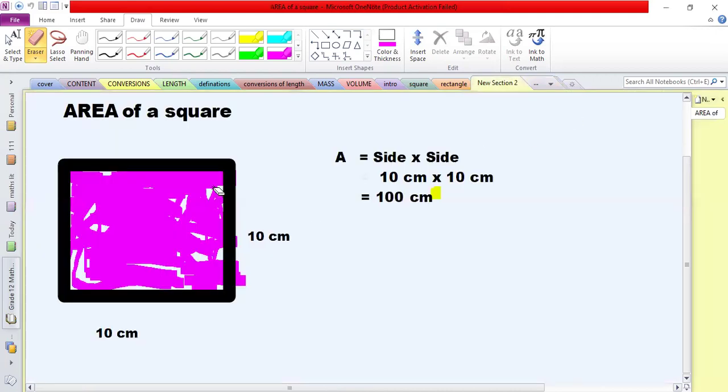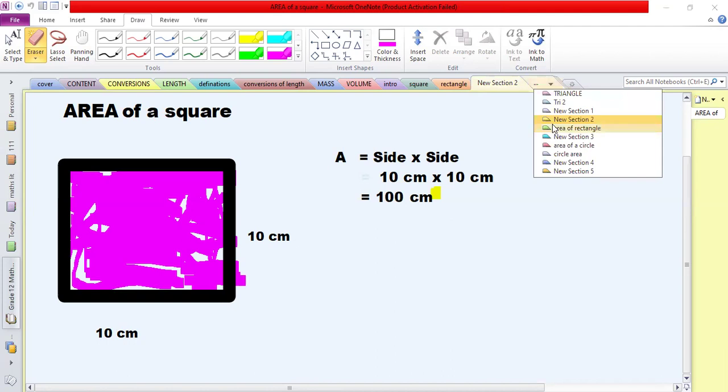On the area of a square, you can see the purple color, which indicates that when we talk about the surface, we talk about what is inside the shape. So the area of a square is side multiplied by side, which is 10 centimeters times 10 centimeters, equal to 100 centimeters squared. The yellow highlighter indicates that there should be a small 2 on top of centimeter squared; I did not find that 2 in my preparation, so I just left it like that.